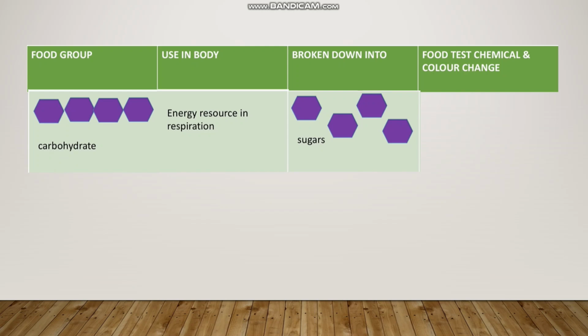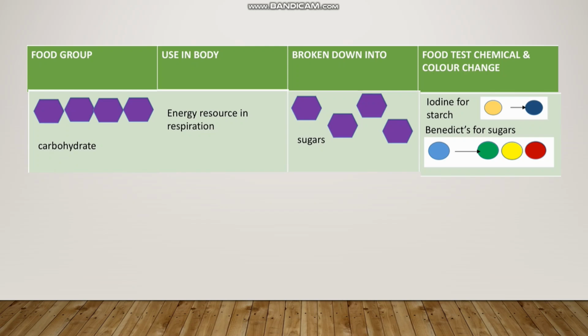And carbohydrate is a long chain of sugar. Starch is found in many food types such as bread and pasta, and it's a type of carbohydrate. For food tests, iodine is a solution that can be used to test for starch. Iodine is a yellowish-brownish solution, and if starch is present, then the food will turn blue